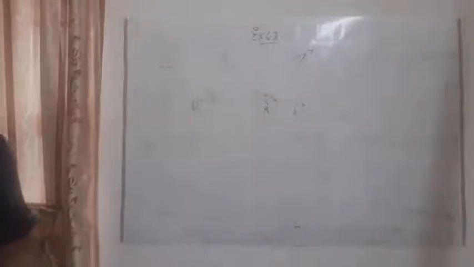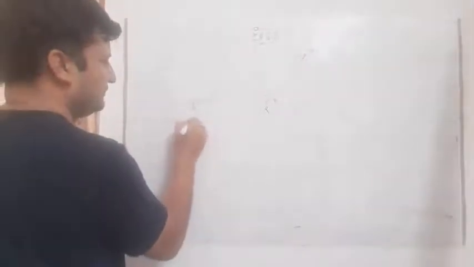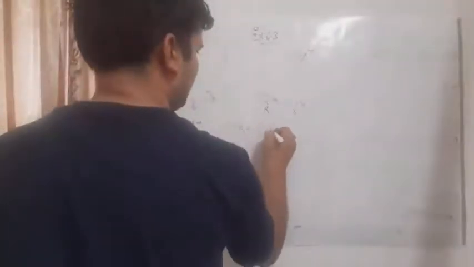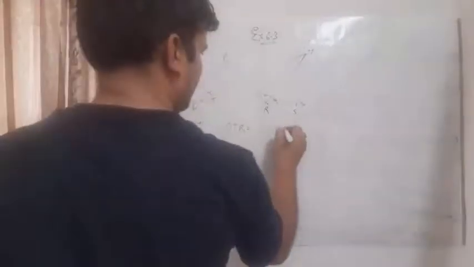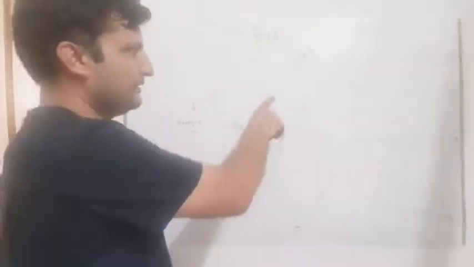What do we have to prove? What is given, you can write in your book. Now I am writing to prove. What we have to prove is that angle QER is equal to half of angle QPR. Students, in this question, one thing you have to remember is that you have to use only the exterior angle property.